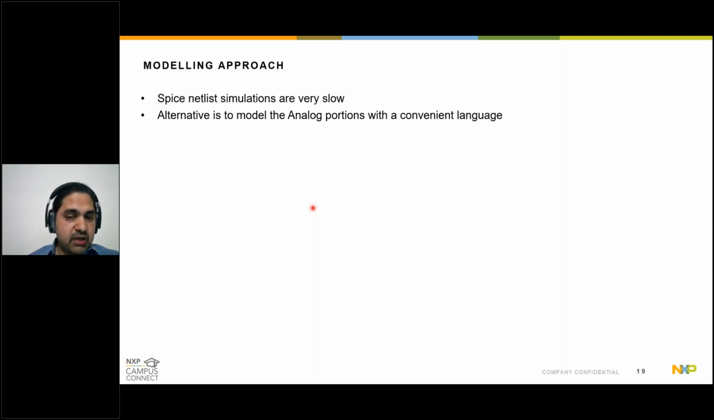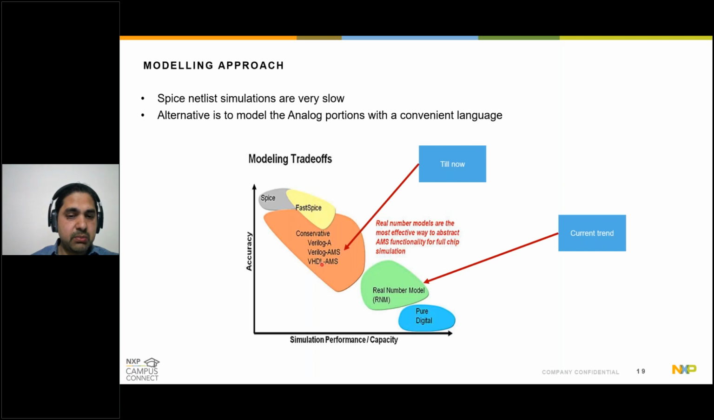For modeling, we have a host of languages that can be used. In the picture here, you can see that as you move towards the right, the speed of simulation increases. If you use a SPICE netlist, your simulation will be slower compared to FastSPICE or Verilog AMS or real number modeling or digital, with pure digital being the fastest for